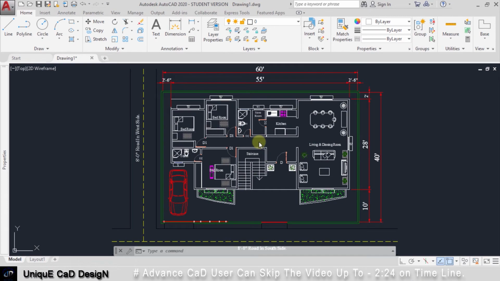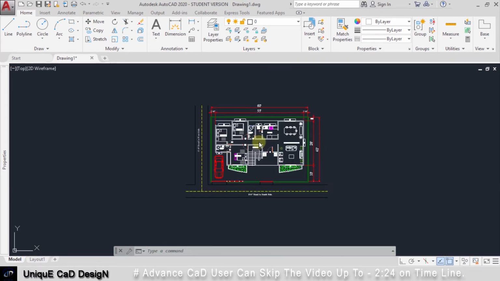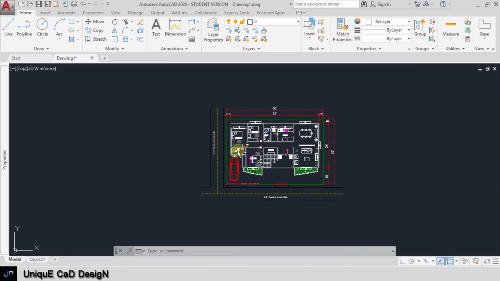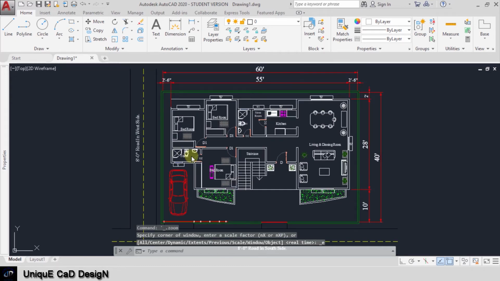Scroll button. Forward and reverse movement of the scroll will control the zoom in and zoom out of the object in the workspace. Long press and drag will pan the drawing. Double click will perform zoom all command. It will fit all the objects in the workspace into the screen.